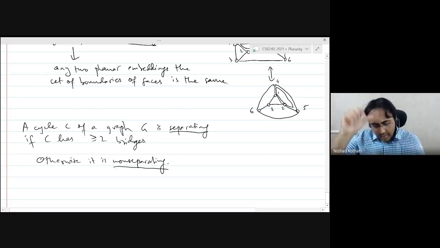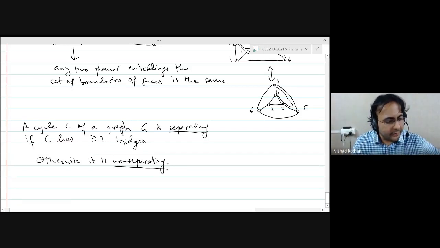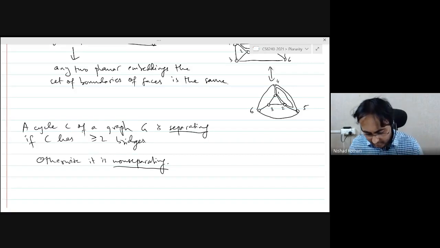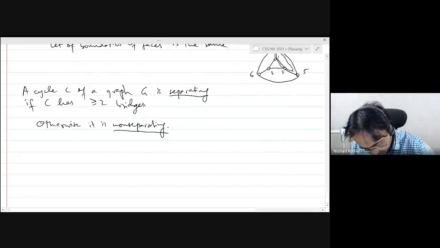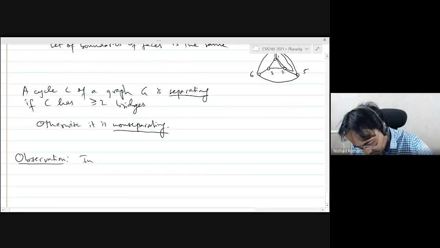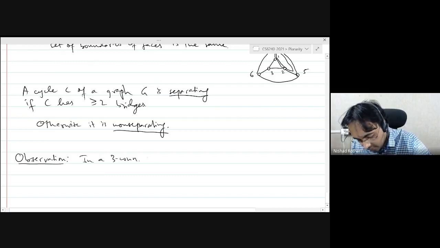Again, I want to point out that the definition we are using is slightly different from what Bondi and Murthy are using. I don't exactly know why they defined it the way they did, but in the case of 3-connected simple graphs, there's an observation I want to point out. In a 3-connected simple graph,